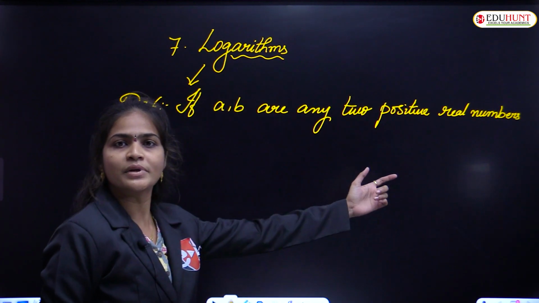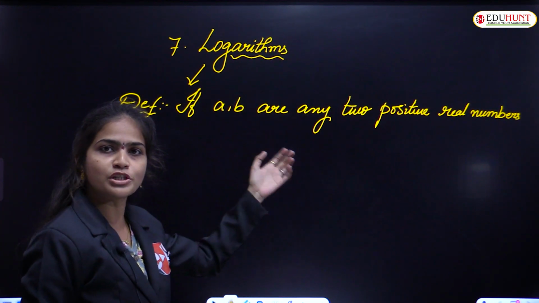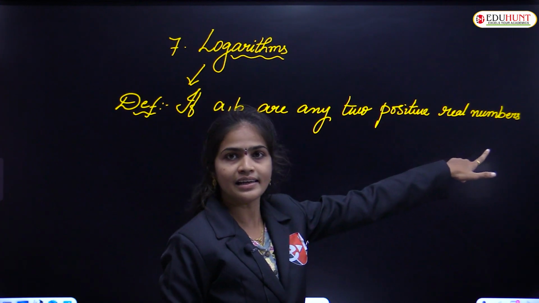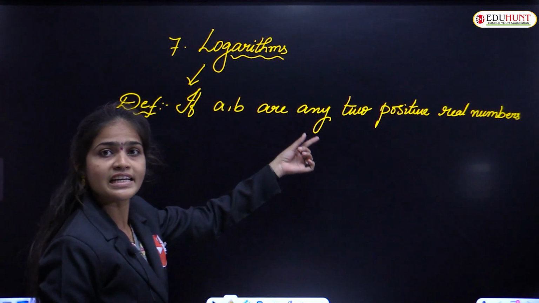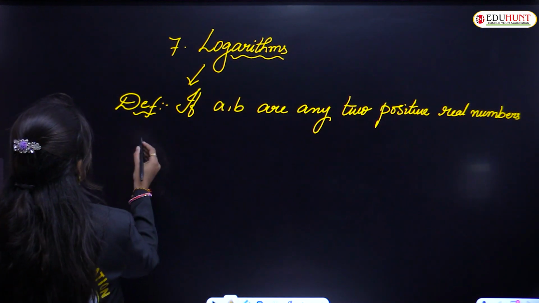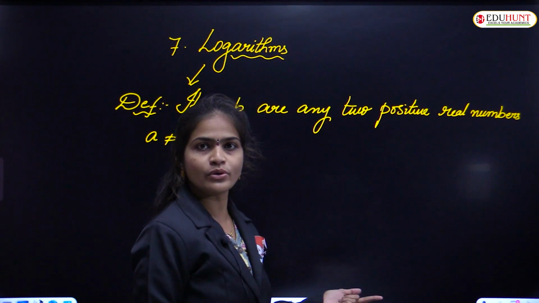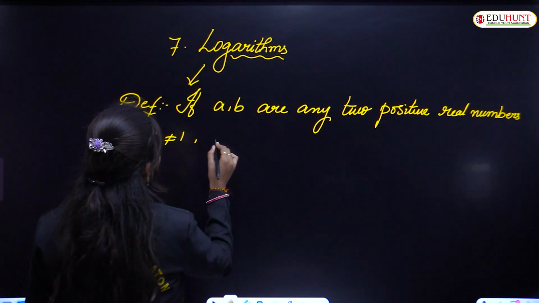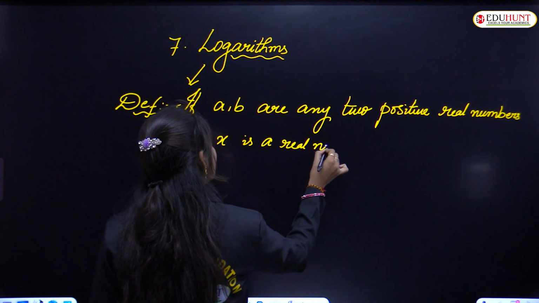Children, we already know that real numbers, in the first concept, number system, we discussed. The combination of natural numbers, whole numbers, integers, rational numbers, irrational numbers, everything is there in the real numbers. So logarithms are defined only for positive real numbers. So if a, b are any two positive real numbers and a not equal to 1, such that x is a real number,